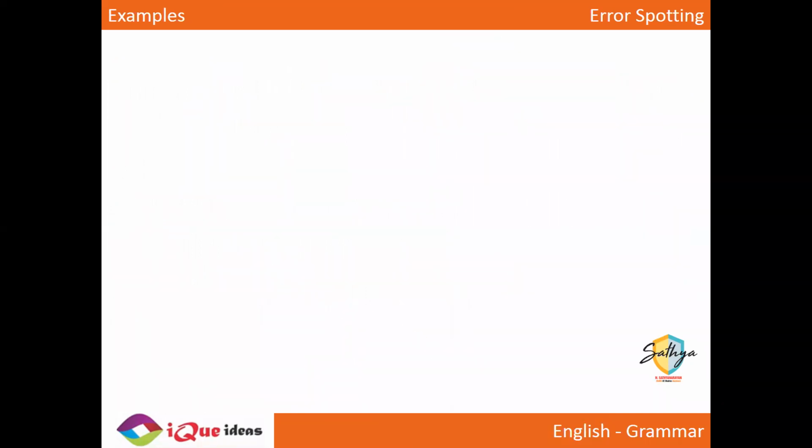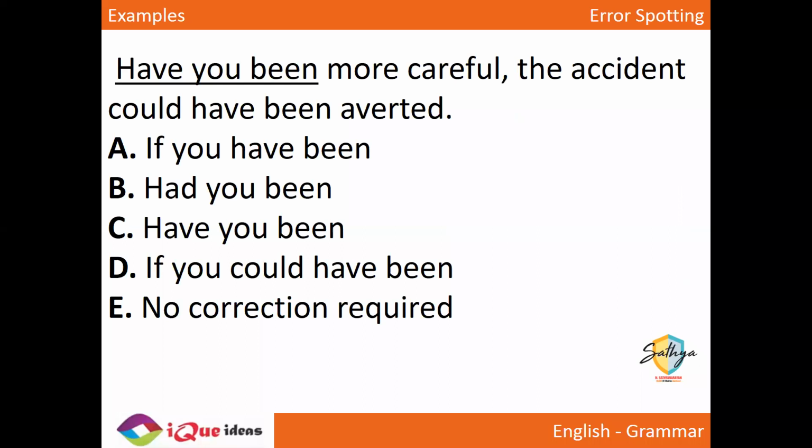Okay. Moving on. Now, the underlined part has an error. So far, in the examples we did, we had to find the error. Here I'm telling you the underlined part has an error, but how do you correct it? The options you have, you have to tell me which is the best way to correct this particular thing.